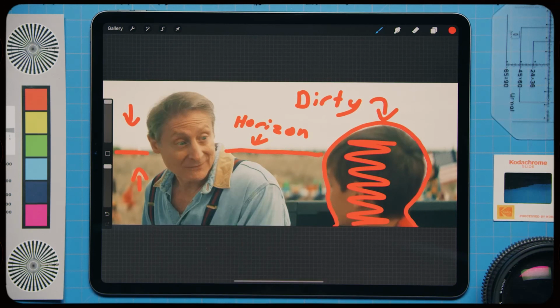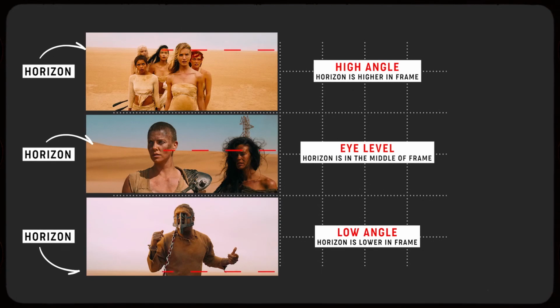If you were to tilt the camera up or down, the horizon line would shift. For instance, if I were to tilt up the camera and make this a high angle, that horizon line would actually be going up. Or if I were to do a low angle, we would barely see that horizon line given that you're shooting up towards the sky. So this is another tool, something from a framing composition standpoint